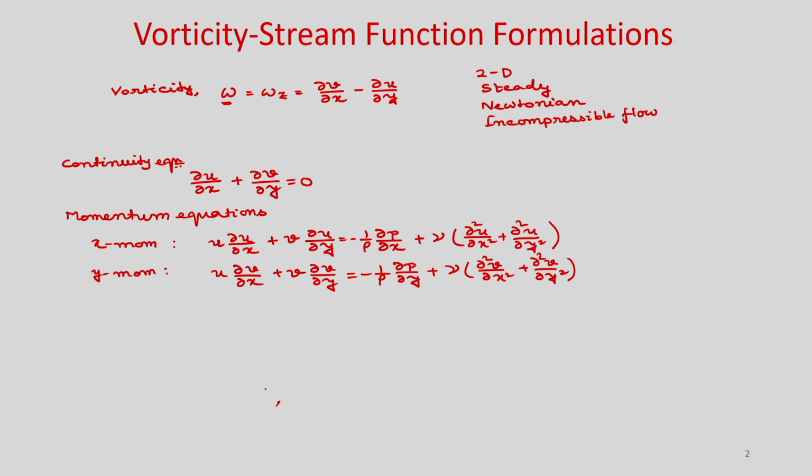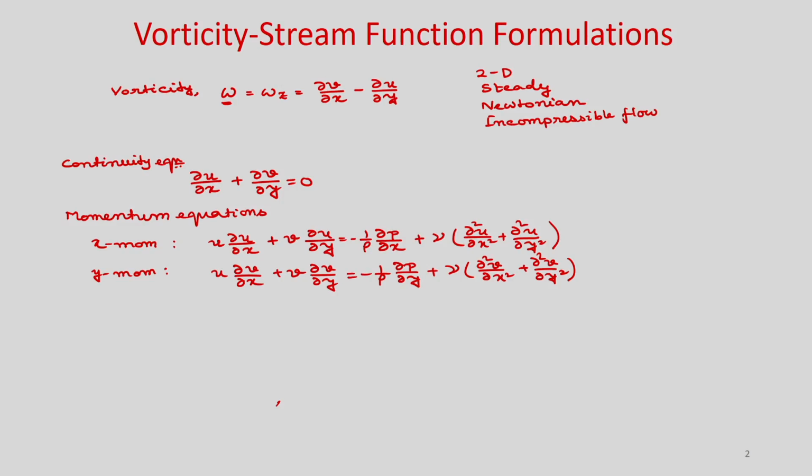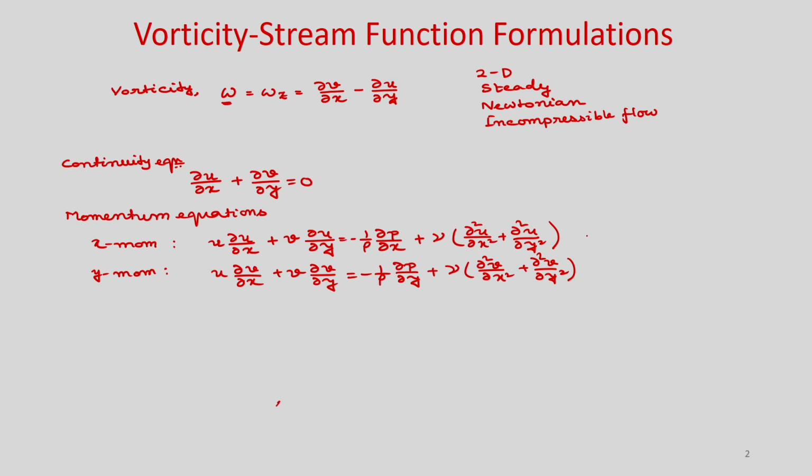So there are three equations and three variables, u, v and p, that you have to solve, and the fluid properties rho and dynamic viscosity mu are known. We want to solve a simplified convective diffusive equation first, so we will eliminate pressure from these momentum equations. To eliminate pressure, you take the derivative with respect to y of equation 1, and the derivative with respect to x of equation 2.